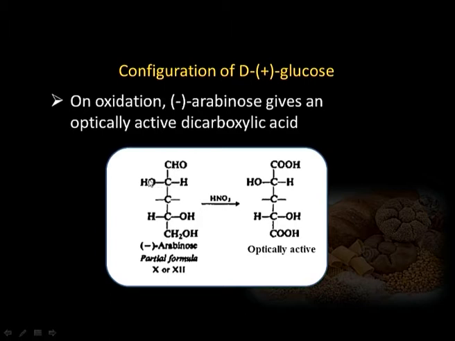If the hydroxyl at carbon number 2 is also on the right side, then on carbon number 3, whether the hydroxyl is on the right side or left side, we will always get a meso structure. So, that would not be possible. So, the hydroxyl at carbon number 2 and the hydroxyl at carbon number 4 must be in the opposite direction. Since we are keeping this fixed on the right side, this hydroxyl has to be on the left side. Only then we will get the corresponding dicarboxylic acid which will be optically active.